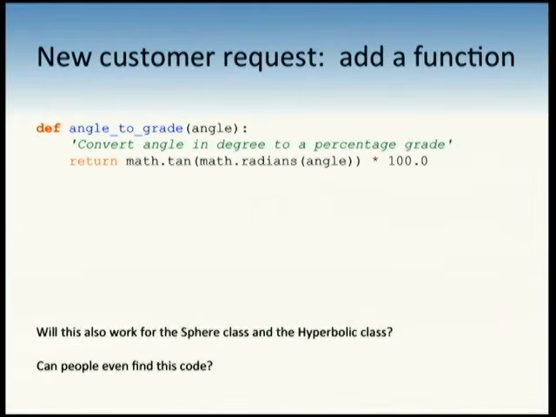Sweet. Let's drive on. New customer request: add a function. The angle to grade is a trigonometric function vaguely related to circles. It converts the angle to radians, computes the tangent, and says that a 5-degree slope is equal to an 8% grade. This helps the truckers convert between what they see in their inclinometer and what is on their charts that says how good their brakes are going to work. Do you guys like to watch Ice Road Truckers? It's great. You ought to see what a truck loaded with dynamite does going up an icy hill, which is a 10% grade, and it doesn't quite make it to the top and slides back. In other words, this is an important problem.